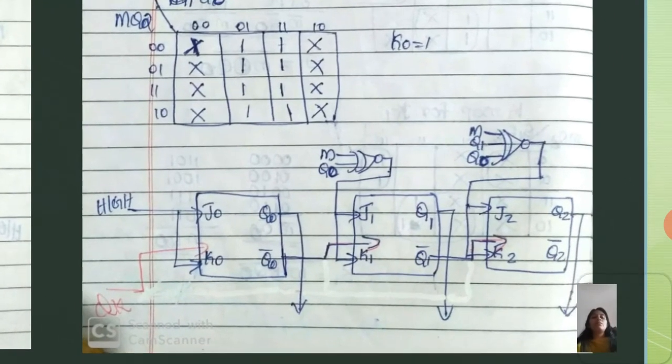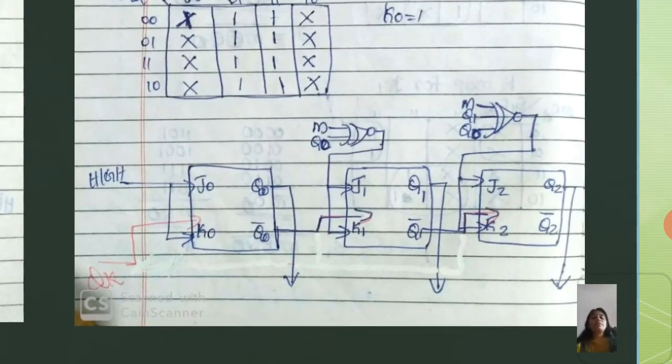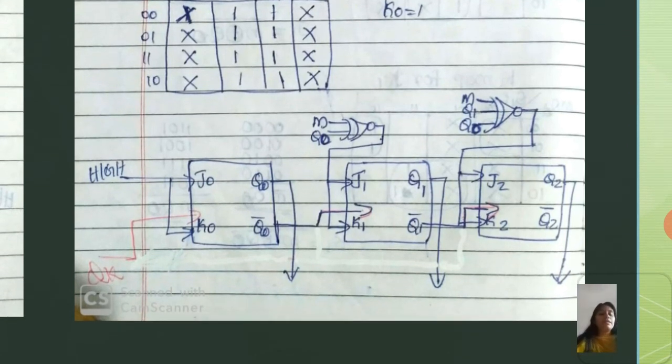Here is the circuit diagram of our 3-bit up-down counter. Here you are implementing J2 K2, J1 K1, J0 K0. So 3 flip-flops should be used here, and J0 K0 values are 1. So you are providing the input as high, and then you have to provide an external clock for the first flip-flop only. And this is an asynchronous counter, so the succeeding flip-flop gets its input from the preceding one.